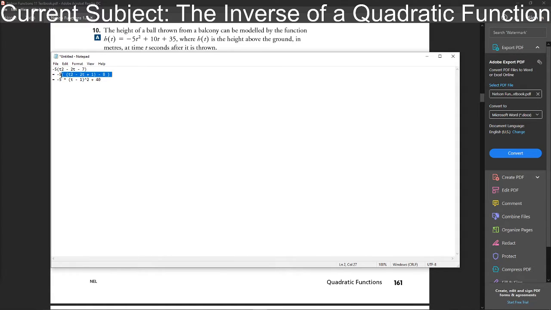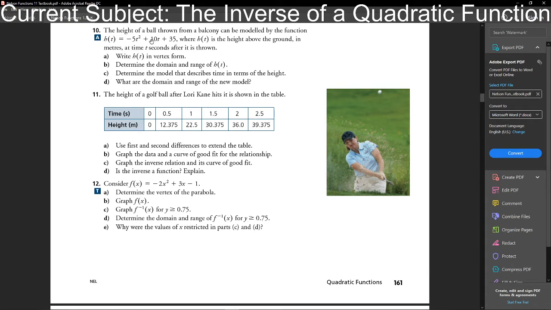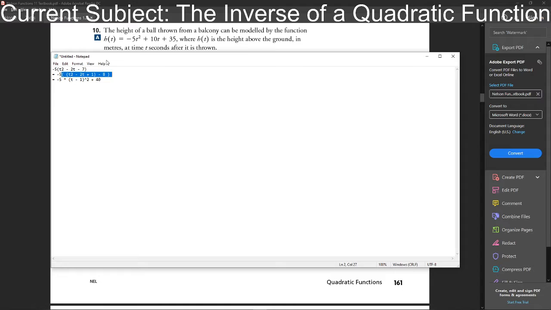Hey, that octopus boy. Nothing much, man. Just trying to figure out how to convert this equation over here to vertex form right now, just to do this first part. But yeah, I got one guy, this guy named Nell from Twitch, helping me out, figure stuff out. Pretty cool.